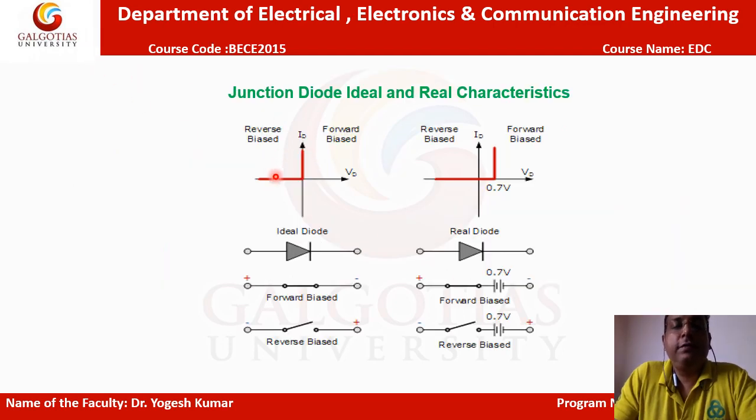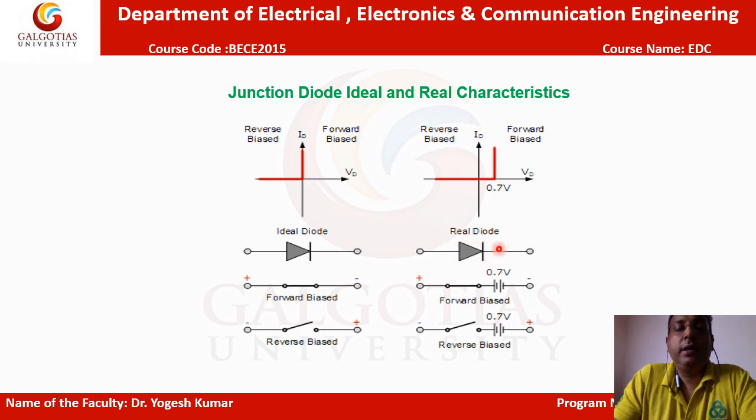Now here are some graphs of the ideal and the real characteristics of the junction diode. This is the first, the ideal diode. Ideal diode means we get such a graph in the forward bias and the reverse bias. This is the PN junction diode symbol. In the forward bias, it acts as a closed switch, which means it follows Ohm's law completely. In the reverse bias, we will not get any amount of voltage or current. In the forward bias condition, it will follow this graph, which means if we take silicon, then after 0.7 volt we will get the amount of current.